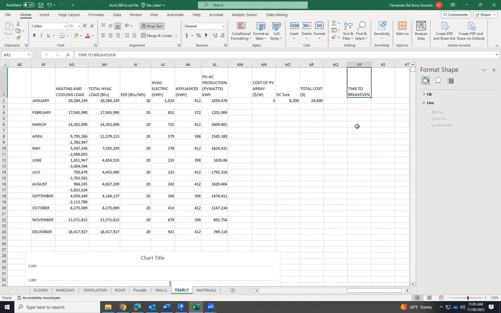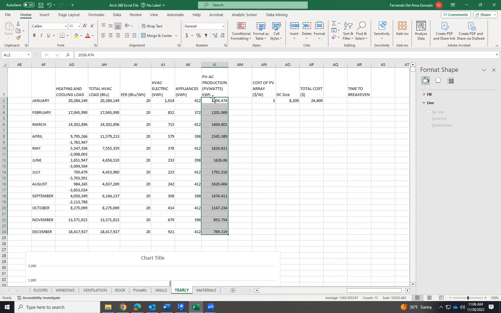This time to break even depends on different things. Basically, it depends on the cost of the PV array and the price of energy. It's the difference between the money that we have to pay upfront and the money that we make because we generate all this electricity,